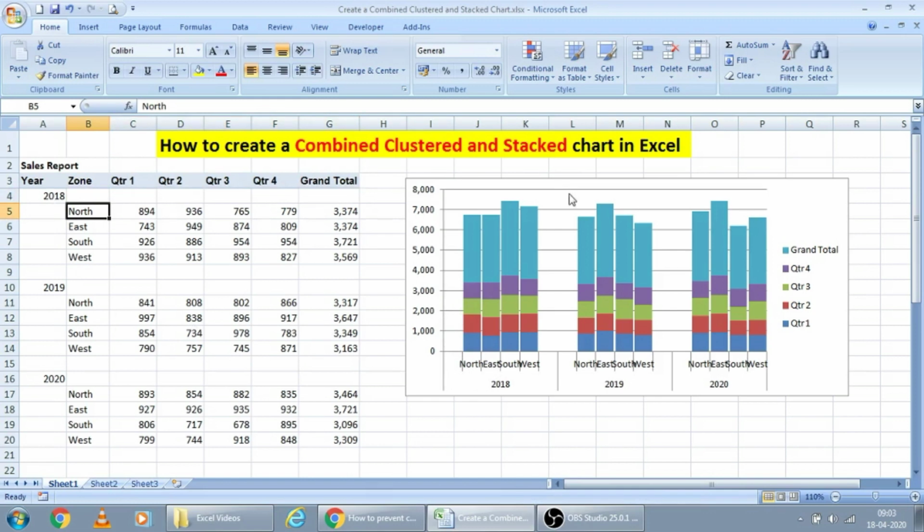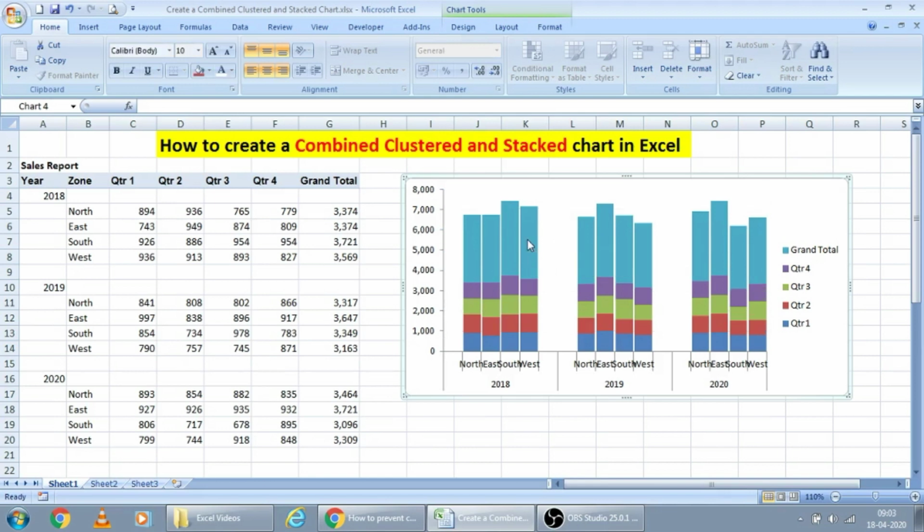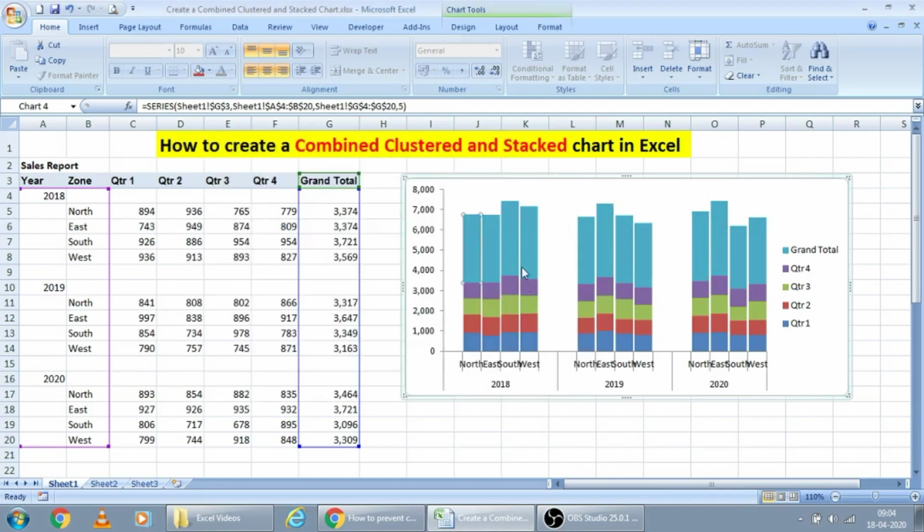Now let us do the formatting of this stacked clustered chart. I am deleting the grid lines, and in the totals I don't want to see the totals again in the full bar, so I am converting that into a line chart.